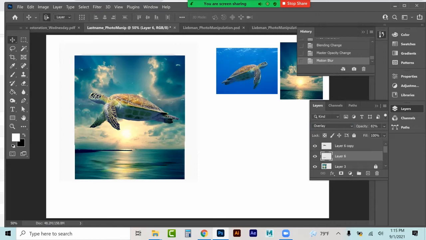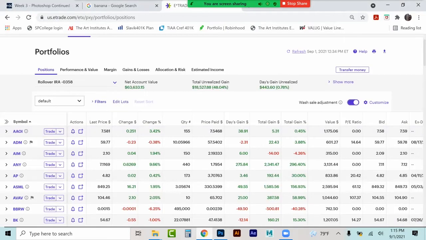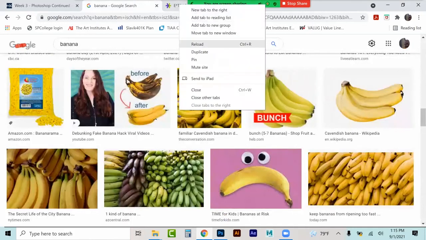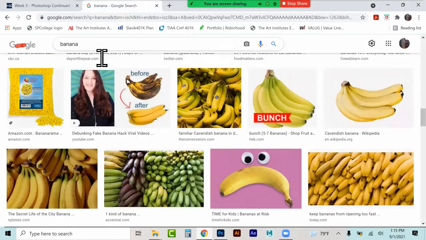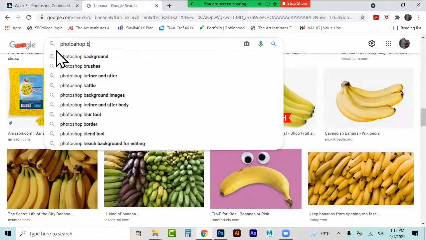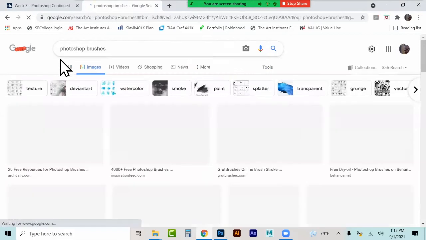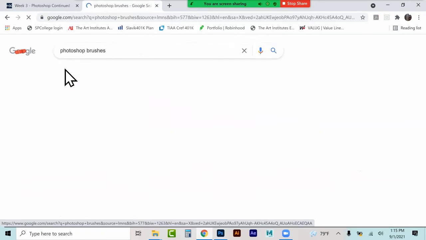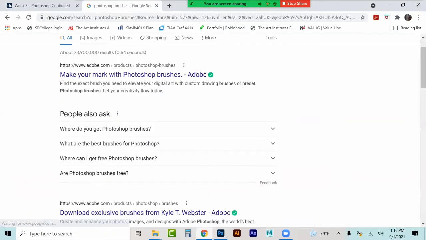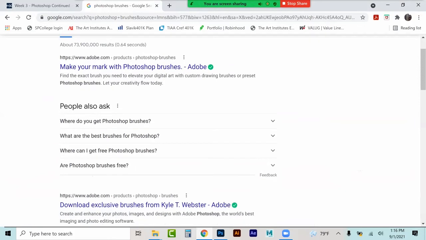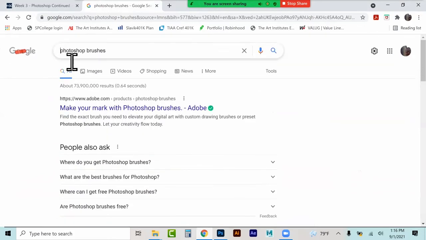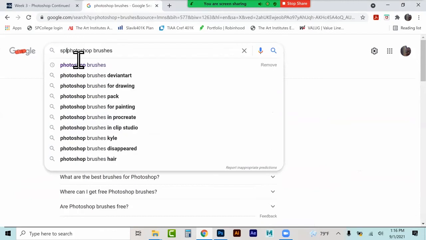But let's talk about something more complex now, like an effect. So you saw in the original sketch there was a splash. This takes us to brushes. We can find dynamic Photoshop brushes. I'm just going to type in Photoshop brushes, and you can see there are entire libraries. There's Adobe, where you can actually make them and sell them. If I type in something specific like splash,